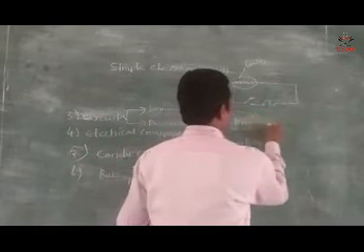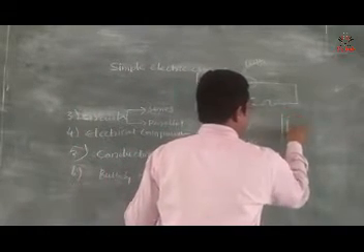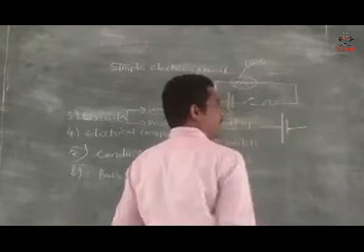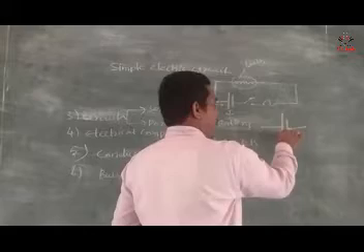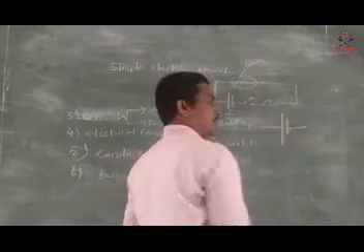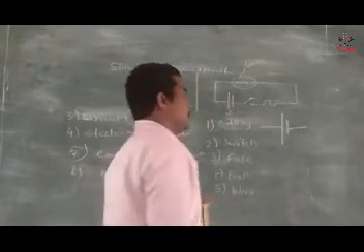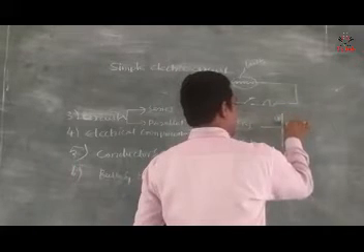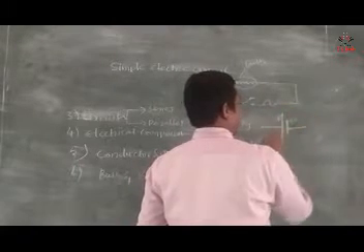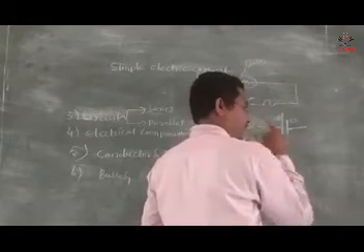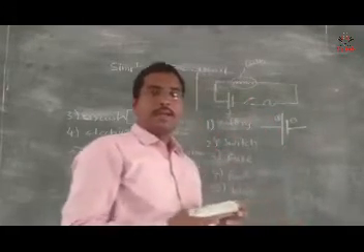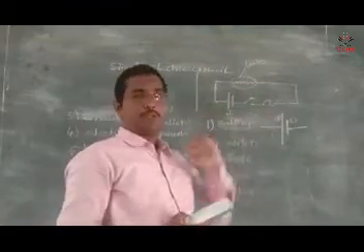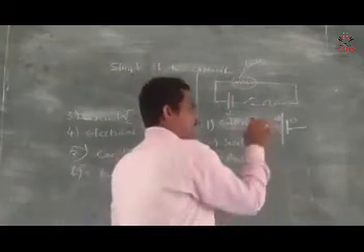Battery. So actually see the symbol of the battery, this one. What we notice here, one is a long terminal, the second one is a short terminal. The long terminal indicates positive charge and the short terminal indicates negative terminal. Short terminal indicates negative and long terminal indicates positive. So this is simple.